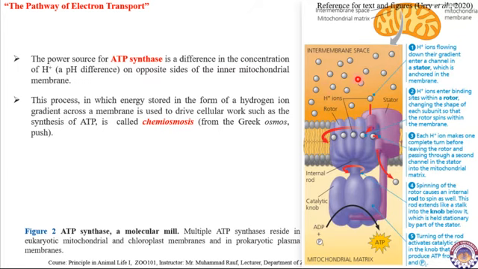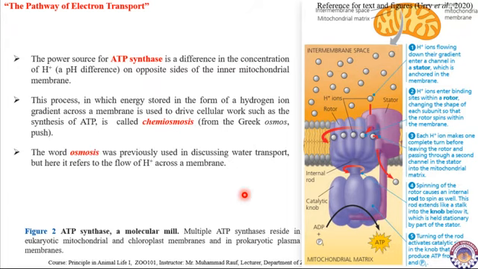The hydrogen ions are there in bulk, they possess potential energy, and now they will move along the concentration gradient inside into the inner lumen, and all they find will be a molecular motor, or ATP synthase. They will move through this molecular motor, and in this process the motor will rotate, and ATP synthesis will take place. The word osmosis was previously used in discussing water transport, but here it refers to the flow of hydrogen ions